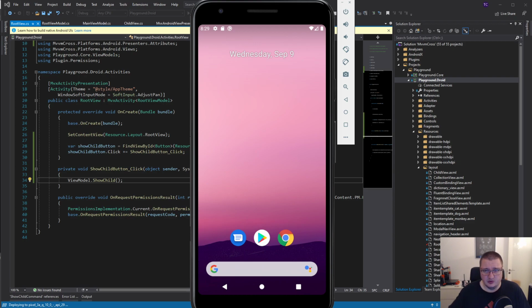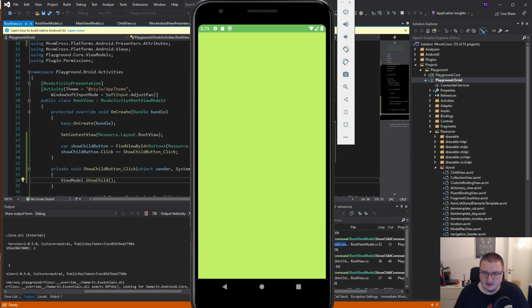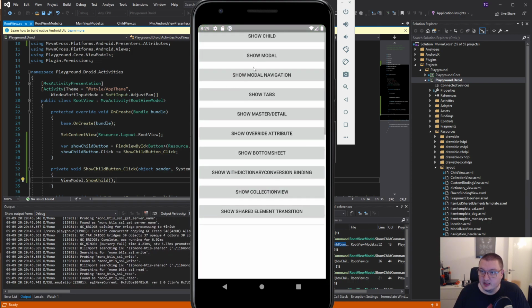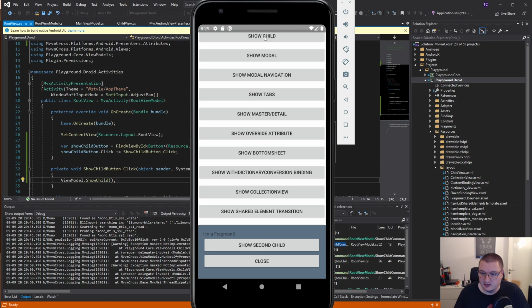Because the task should return just immediately, right? So there shouldn't be anything else awaiting it or blocking or anything. Maybe that's an issue in there. Anyways, show child still works. So if I try it again,